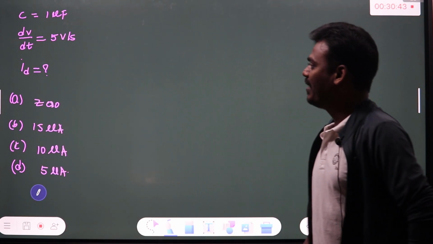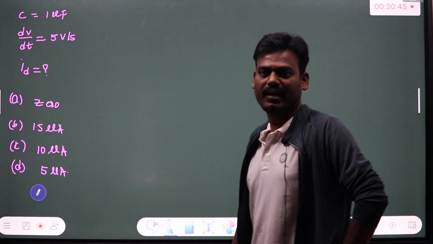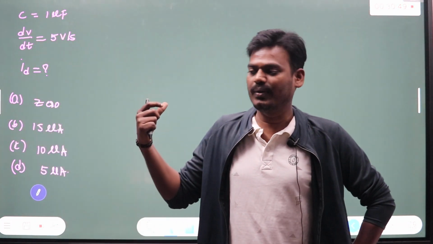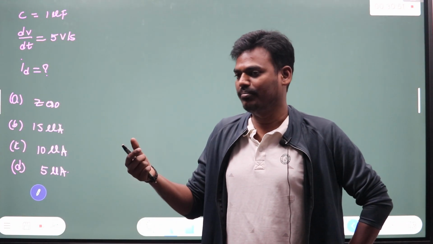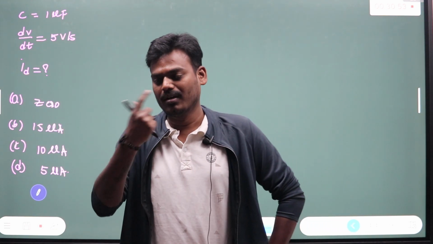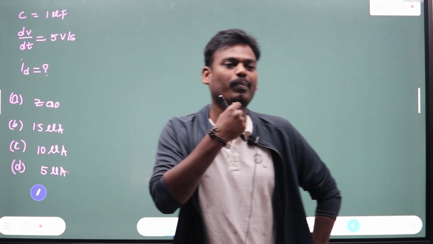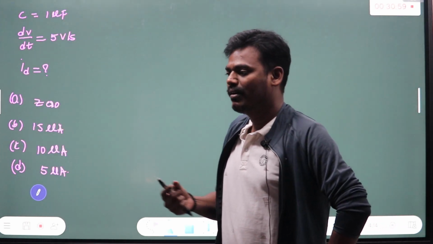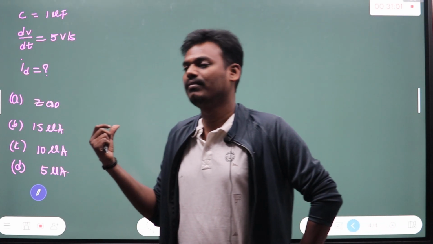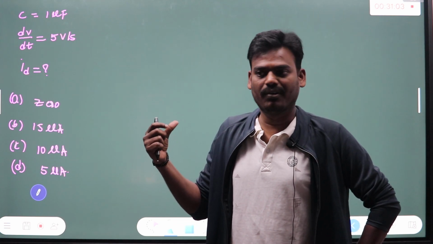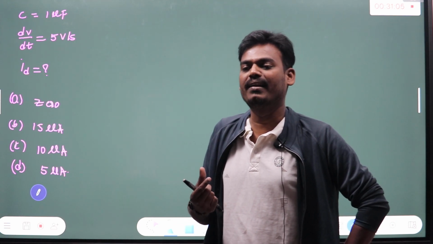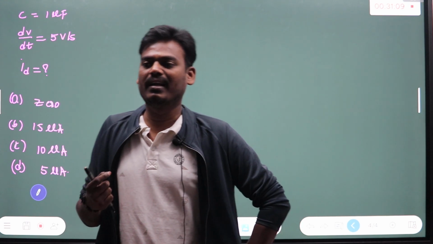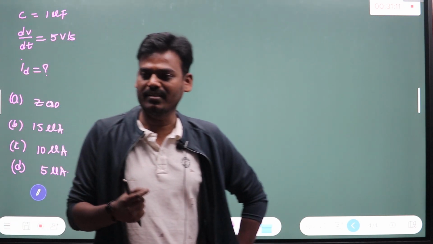Okay, so here we need to find out the displacement current. What is the relationship? Here we cannot find it directly, right? Because we do not have mu naught. Mu naught divided by 4 pi is equal to 10 power minus 7, that value we have. But what about d phi? We do not have any change in flux. Rate of change of flux we do not have. We cannot find the displacement current that way. So there is one common relationship between conduction current as well as displacement